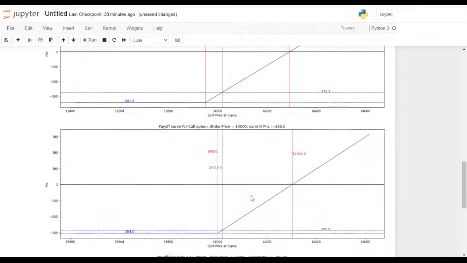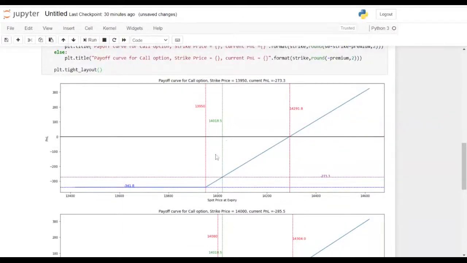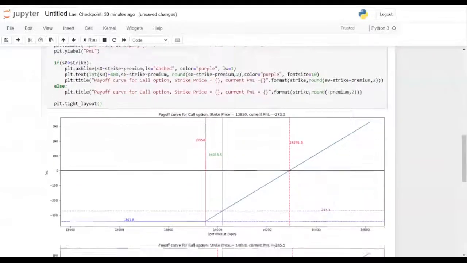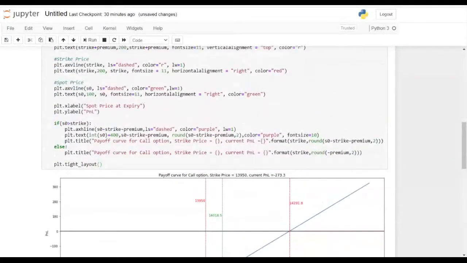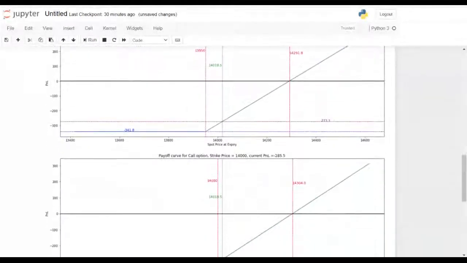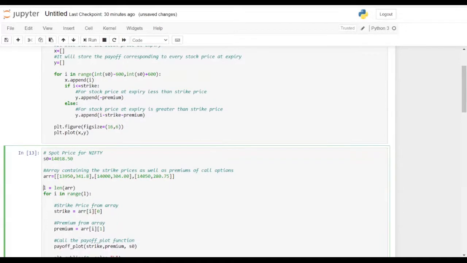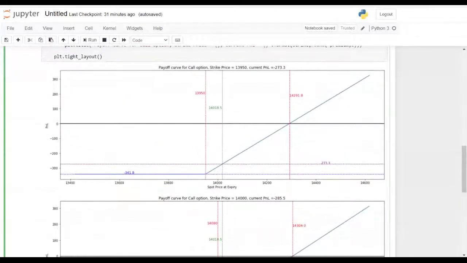Also here, it's so good seeing the graph and you could easily get those values, and the computer is doing all the calculations for you. So I guess this is pretty good, because that will really help us in analyzing the contracts. And you could easily link it to your broker's API, which we could see later. Or you could web scrape the prices, or you could manually enter it if you're doing a day trade, or your frequency of trading is 1 hour or something. So you could easily plug in the prices, check the payoff curve, and move forward.